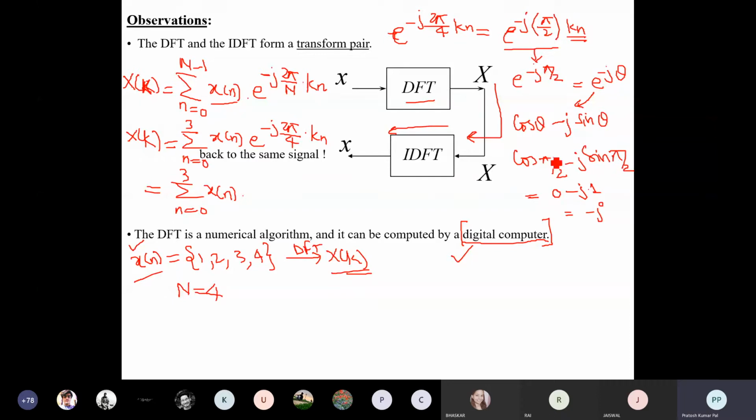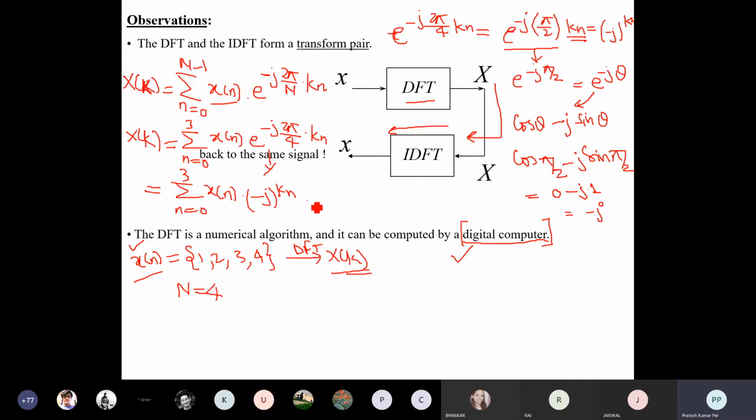So it will be minus j, this value. Okay, so we can equate it like e to the power minus j pi by 2 is equals to minus j, so it will be equals to minus j to the power k of n. So the expression that we have taken, this value can be considered as minus j to the power k of n.